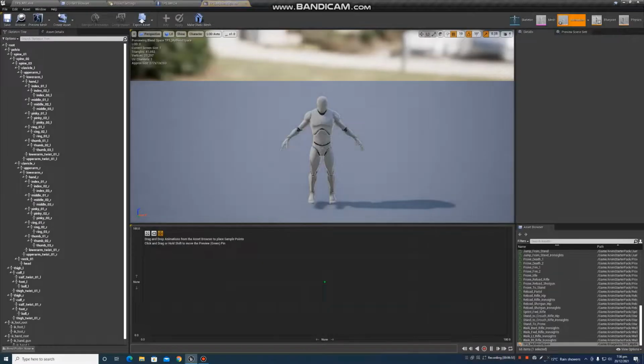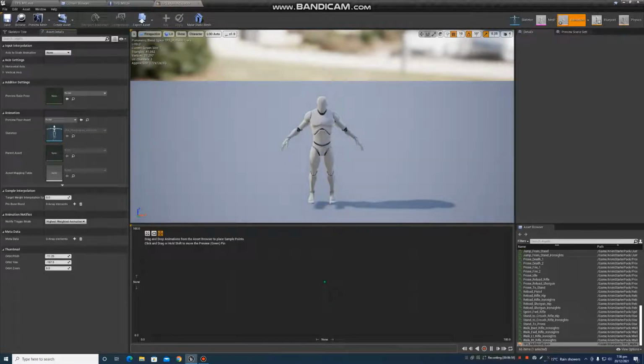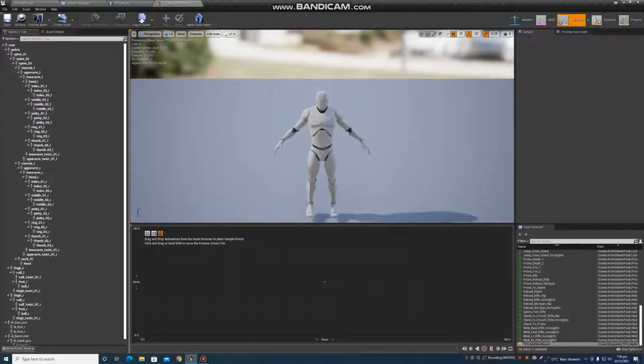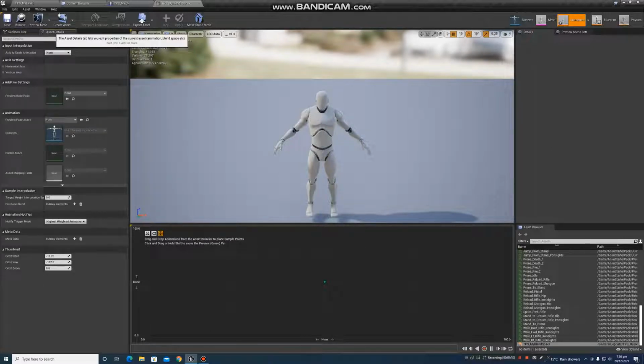Double click and open up my BlendSpace. And now here you can see, right now this is the default interface when we open up our BlendSpace. Now I am going to asset details on the left hand side, and under the axis setting, let's